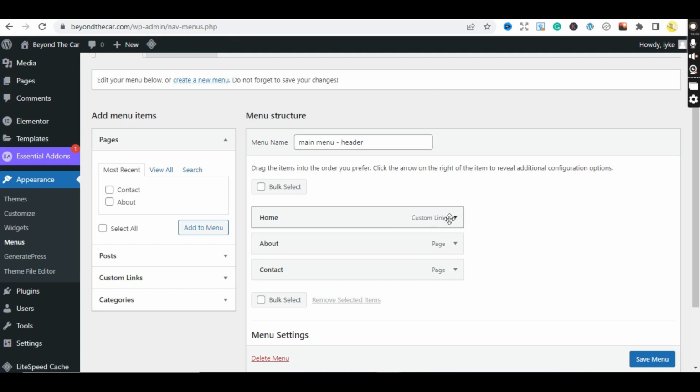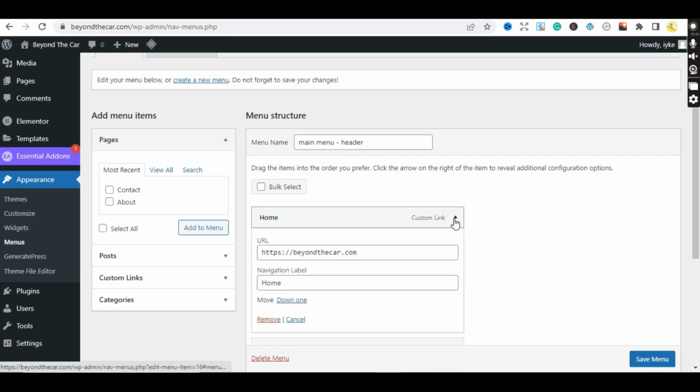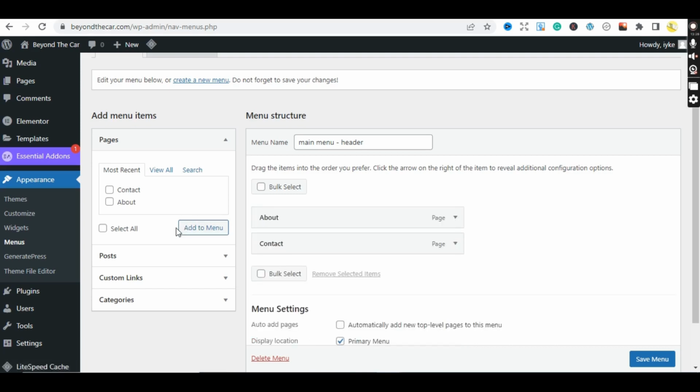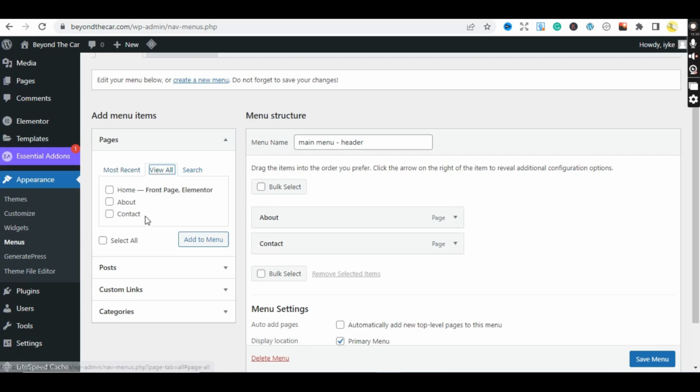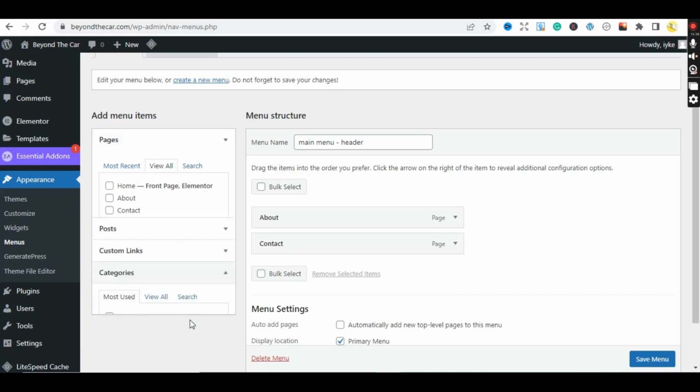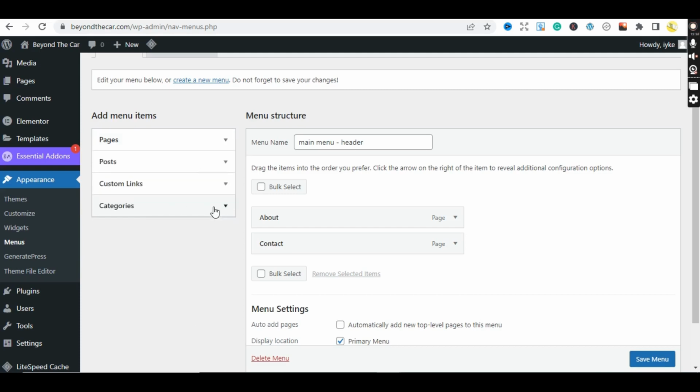So this is home. So this is home now. I'll just remove it. Okay. Then instead I'll add my privacy policy page. Okay, privacy policy page is not here. I think I added some categories initially, but let's just